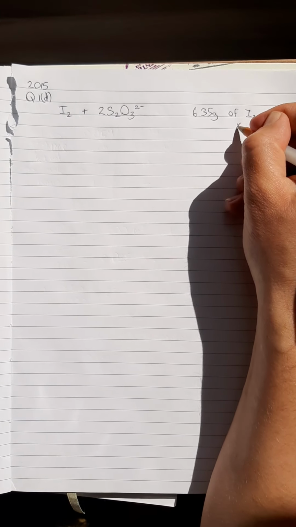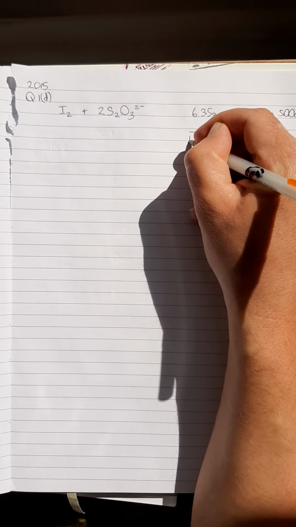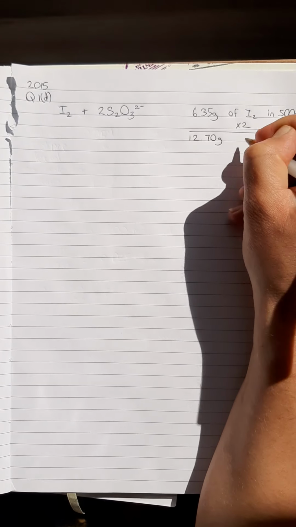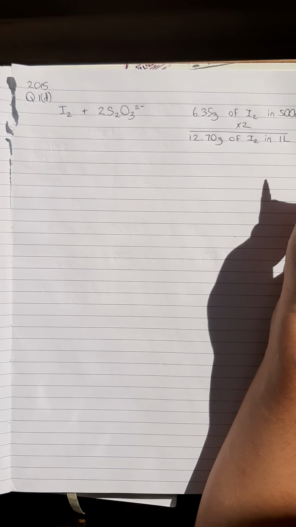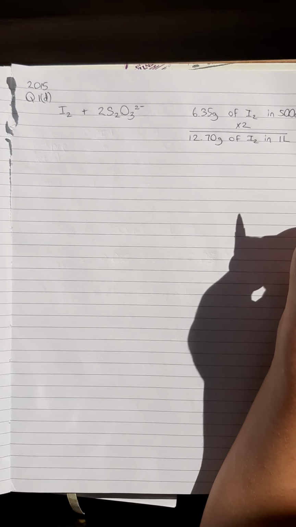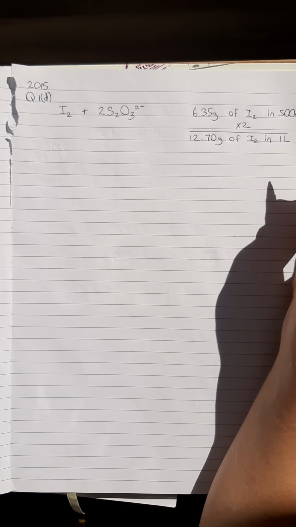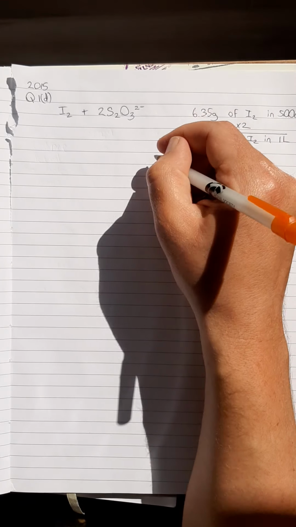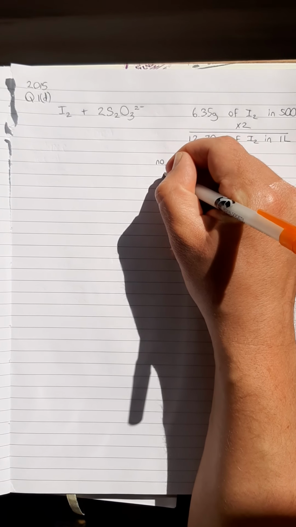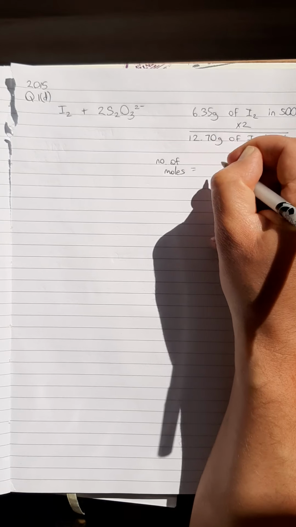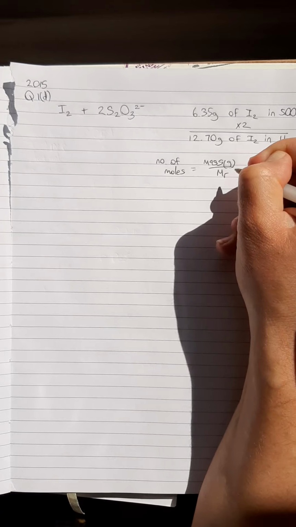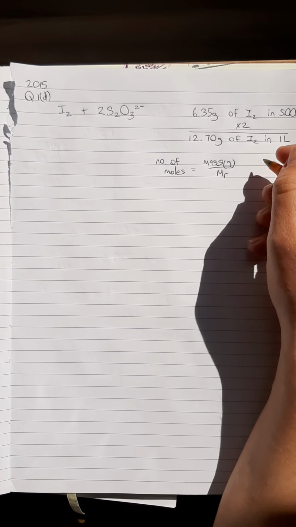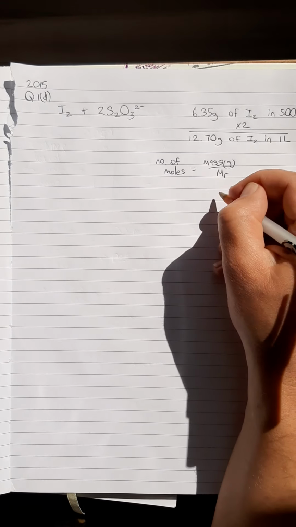So I'm going to first multiply this by 2, and that will give us 12.70 grams of I2 in 1 liter. The next thing that we're going to do is divide by the MR, the relative molecular mass of I2, to find out the number of moles, because the number of moles is equal to the mass in grams divided by the MR. So in this case, we're talking about I2. We've got the mass in grams,